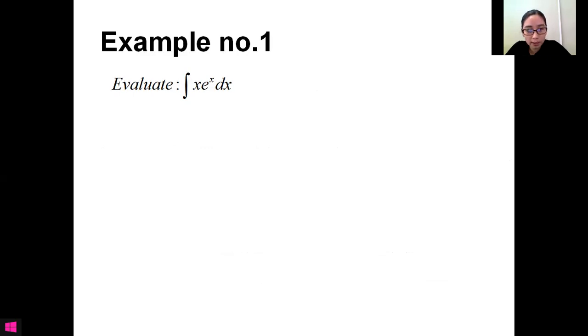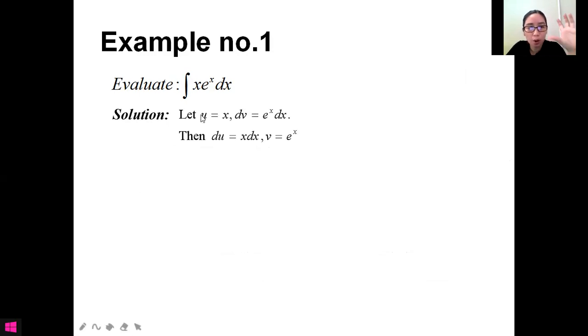So for example number 1, the combination from earlier, algebraic and exponential. Evaluate the integral of x times e to the power of x dx. So for our solution, we are going to choose u and dv. We let u be equal to x, and we let dv be the remaining part. Then we need to find du. So if our u is equal to x, now our du will become,